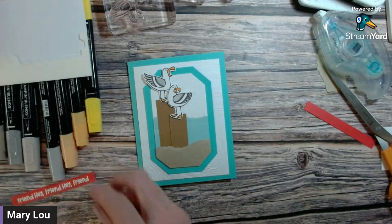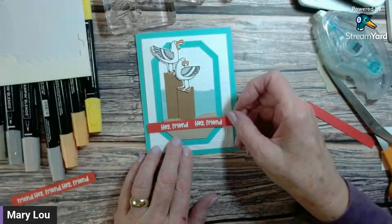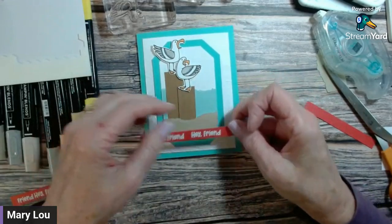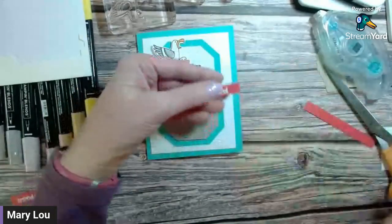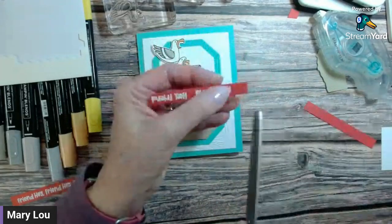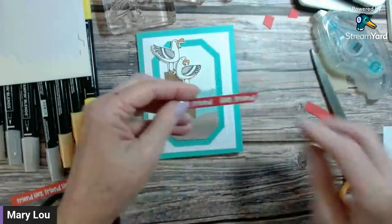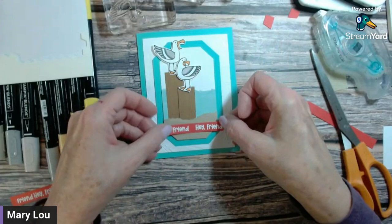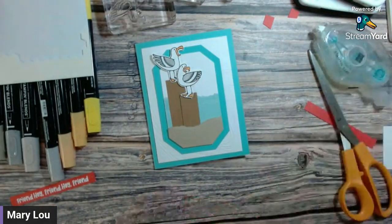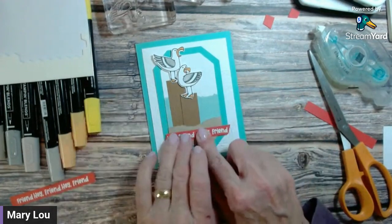I've already done some stamping. I stamped it twice because they're seagulls and it wasn't sufficient to just do it once. My strip is real red and it's bigger than I really need. I've stamped the sentiment twice. I'm going to angle the ends, and I'm doing them both that direction. And then I'm going to mount this flat. I've already given it some dimension with everything else that's going on. So you just kind of...